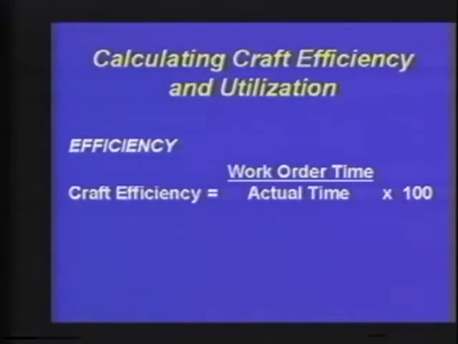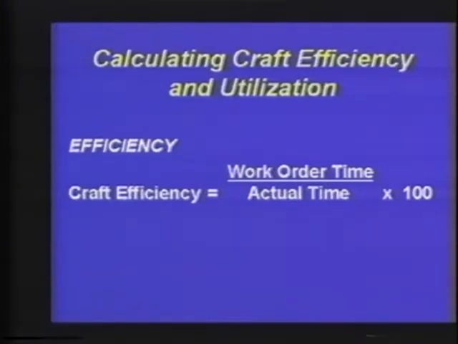Now what we want to do is move to page number 4 and take a look at the formula for craft efficiency and the way utilization is calculated. As the formula indicates, it's equal to the work order time. Now that's the estimated time that is on the work order, and this could be done by total time of the work order, and it can also be done